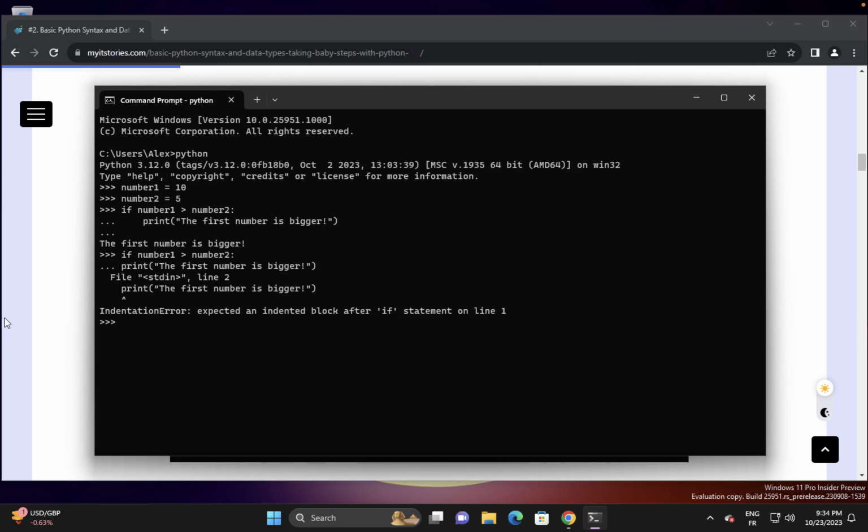So let's play with variables. Type these lines. my_name equal to Alex, then my_age equal to 20, for example, and then favorite_color equal to blue,